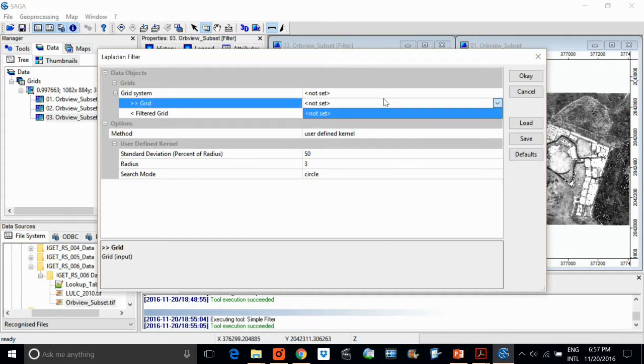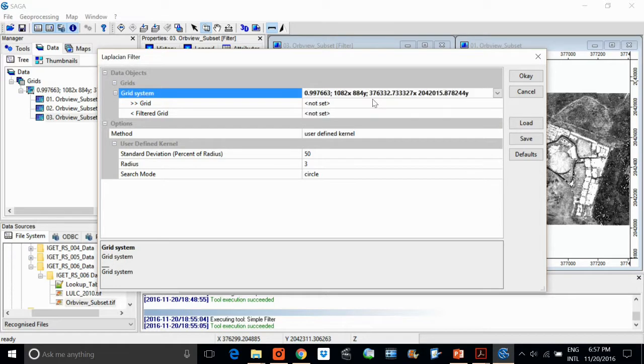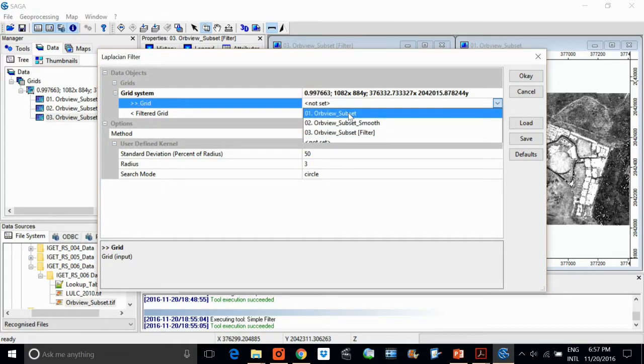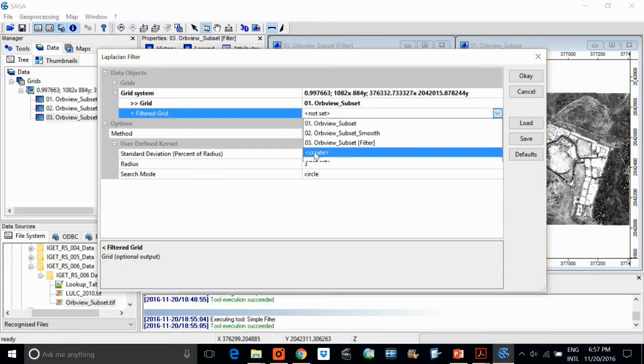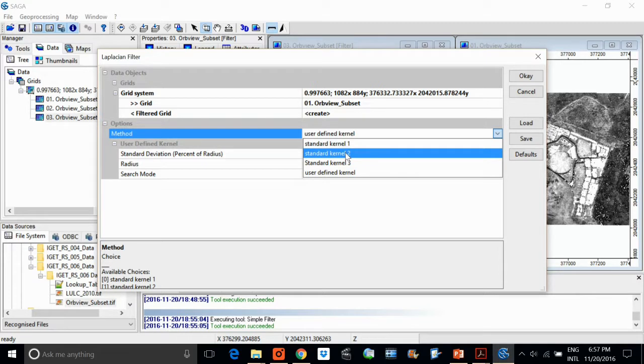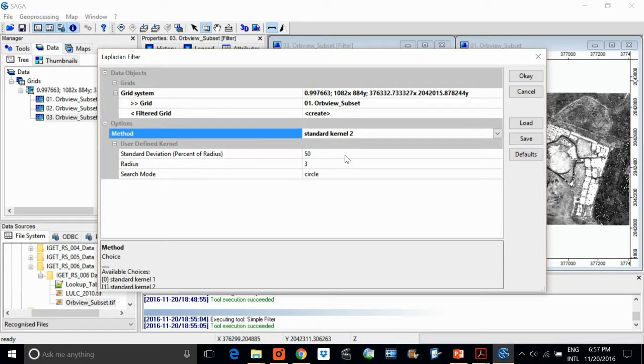Again, just select this grid system, the input image, that is OrbView subset, then make it create, then user defined kernel, make it standard kernel 2. Okay, and rename the output file if you want, because once it comes, then we will change the name.